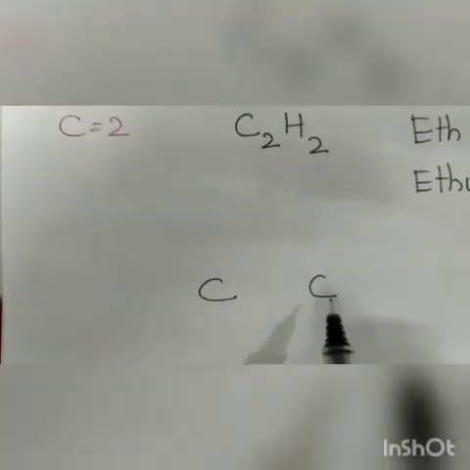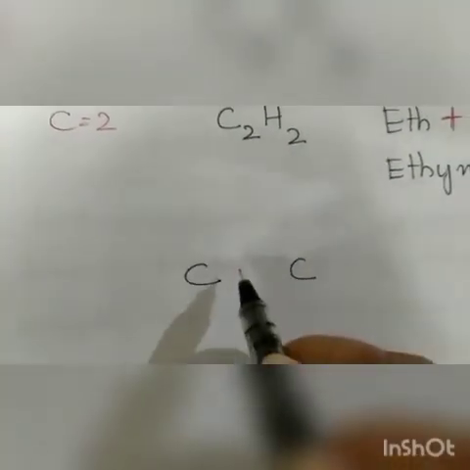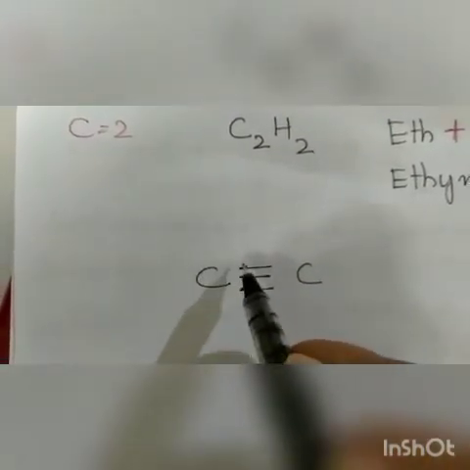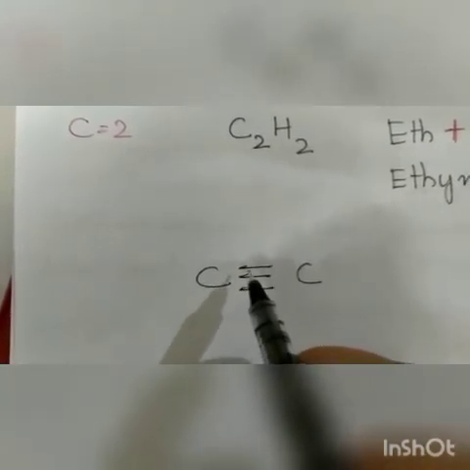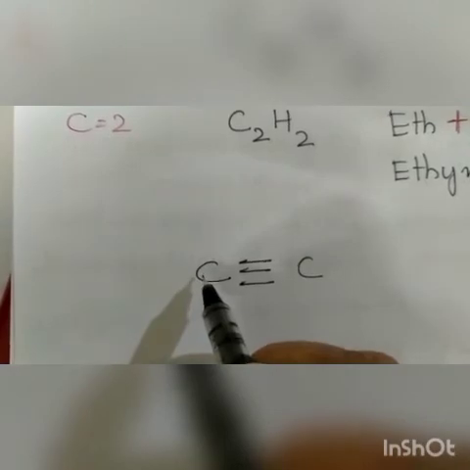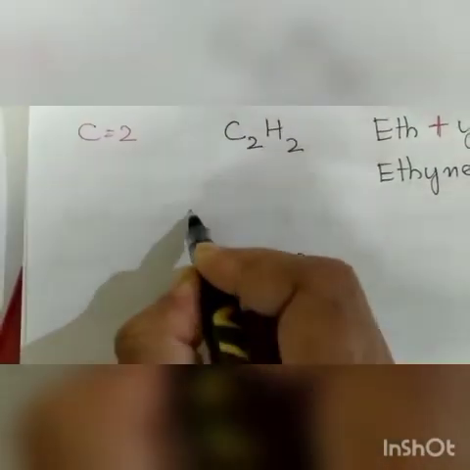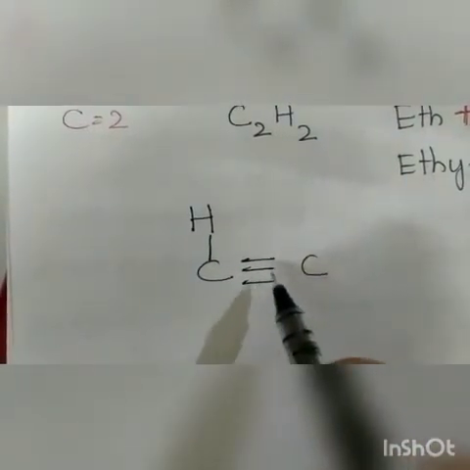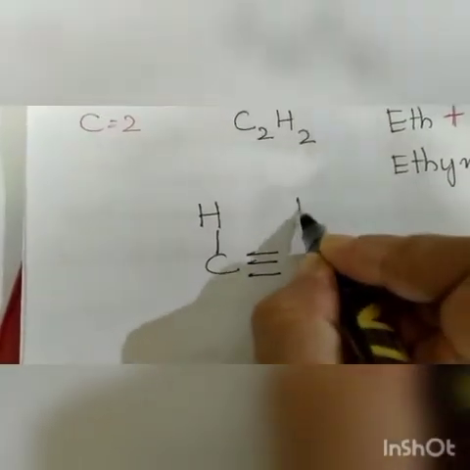Okay. Now let us draw the structural formula. There are 2 carbon atoms. And it is ethyne, ine, so there is a triple bond between the carbon atoms. Now just satisfy the valency. In this carbon atom, 3 electrons are used up in forming the bond with this carbon atom. In this carbon atom, only 1 electron is left, which will form a bond with hydrogen. Same thing with this carbon atom. 3 electrons of this carbon atom are shared with the first carbon atom. 1 electron is left, which will be shared by this hydrogen. And you can check the formula C2H2.